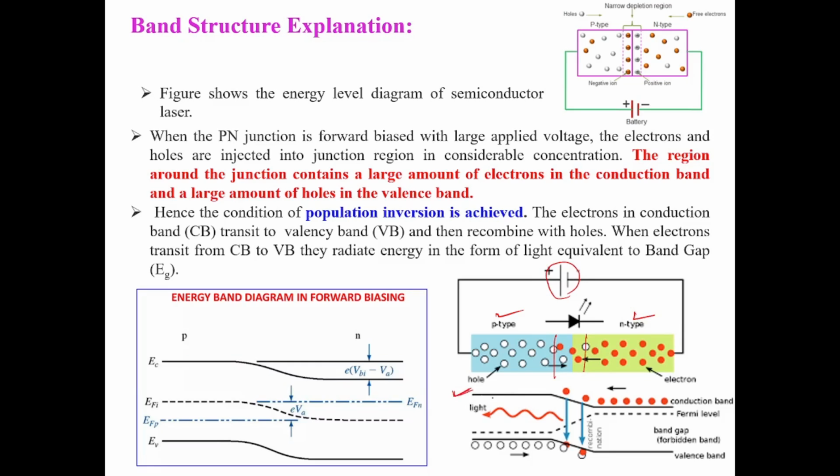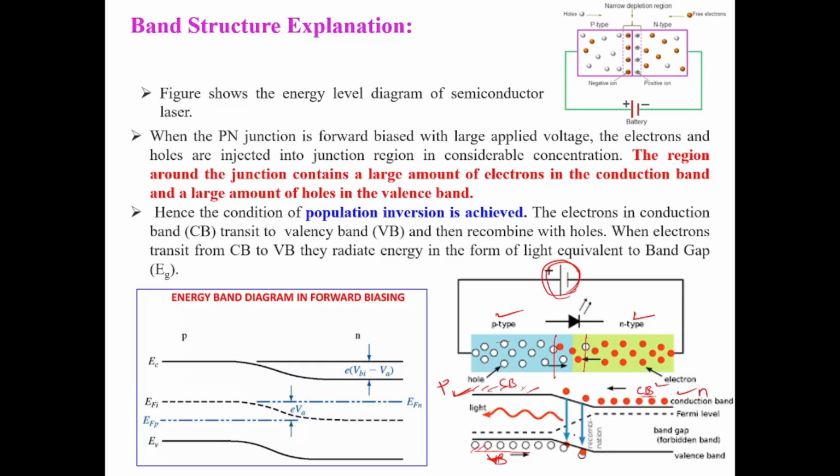If we consider the band structure, this is the conduction band side, this is the valence band. For the p-type material, excess holes we can find in the valence band, and in n-type material, excess electrons we can find in the conduction band. This is the characteristic of n-type material, and this is the characteristic of p-type material. P-type has a large number of holes in the valence band, and n-type has a large number of electrons in the conduction band. So whenever we put the forward bias, these electrons and holes are recombined at